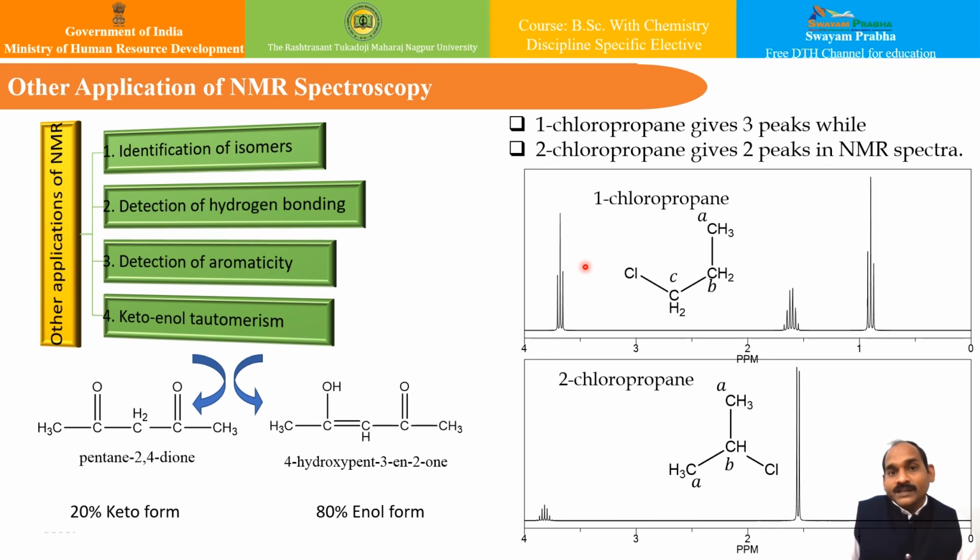You can also predict keto-enol tautomerism. You can see the example present over here. The keto and enol forms contain different groups of equivalent protons, and hence they give a different number of signals. Also, on the basis of the intensity of peaks, it is possible to determine the concentration of keto and enol forms. For example, acetone is found as a mixture of 80% enol form and 20% keto form at room temperature, as shown here. So you can utilize your NMR spectra for analyzing these particular aspects.